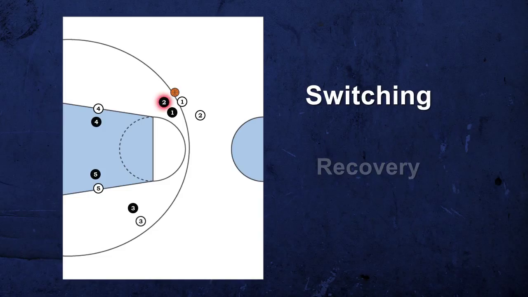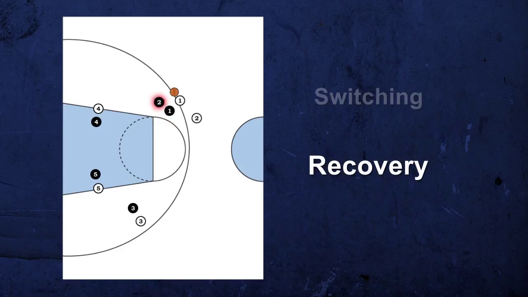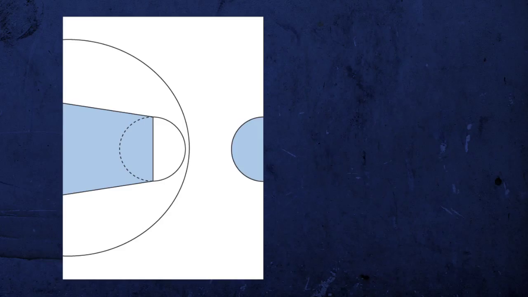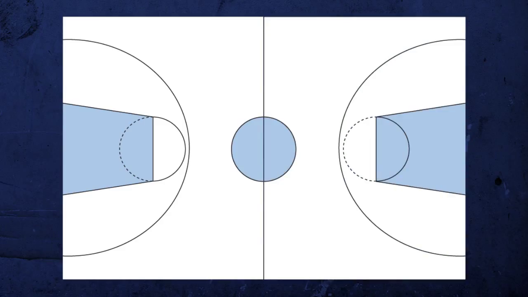In switching, defensive player 2 will remain with the ball handler and defensive player 1 will return to guard offensive player 2. In recovery, defensive player 2 will return to their original matchup, allowing defensive player 1 to once again guard the ball handler. This same principle of help defense causing momentary double teams can also occur without the involvement